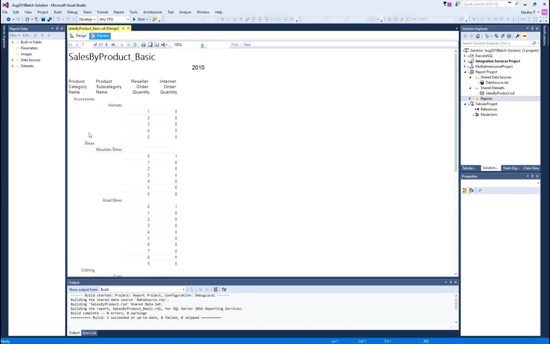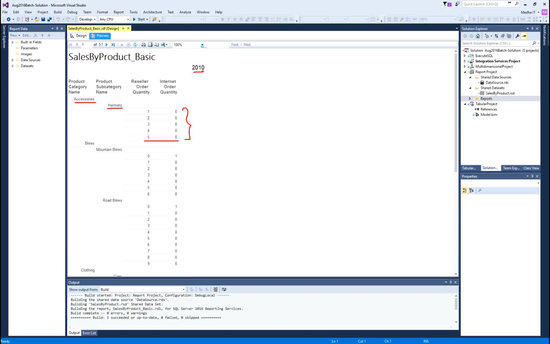Okay, and then since we selected the tabular, it is showing the row groups. Row groups are, we selected category, product category, and product subcategory. These are the row groups. Product category and product subcategory are the row groups, and the actual metrics are the details, and this is the paging.